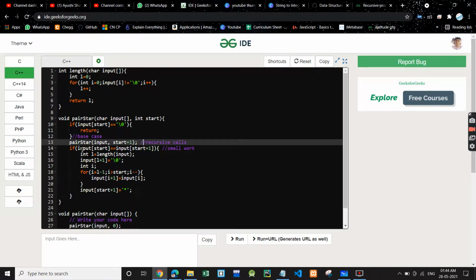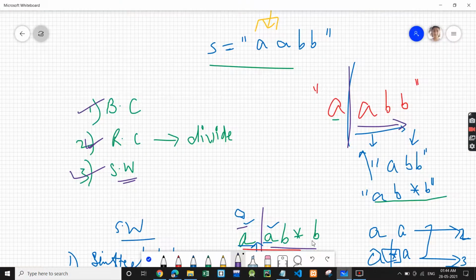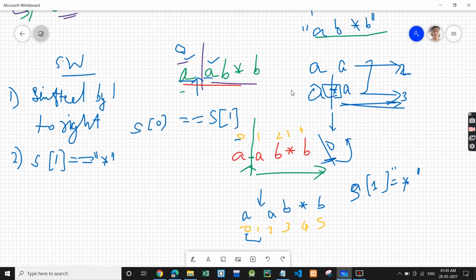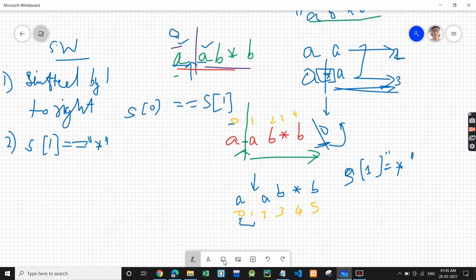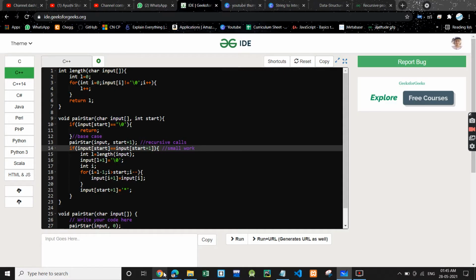And then we'll check whether whatever is at start is equal to what is at start plus 1. If they are equal, then first of all, since it's a character array, you need to shift the null character also. As over here, there will be a null character at the end, at some index 5, so that also will go to the 6th index, like that. So that we are taking care of.